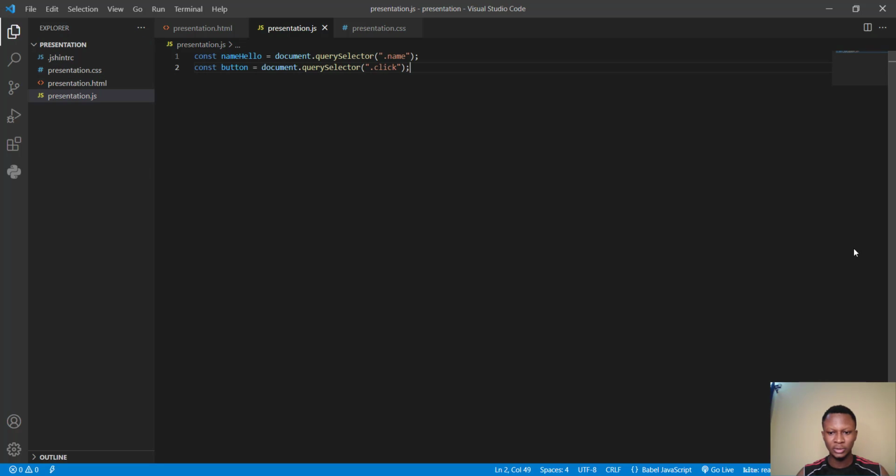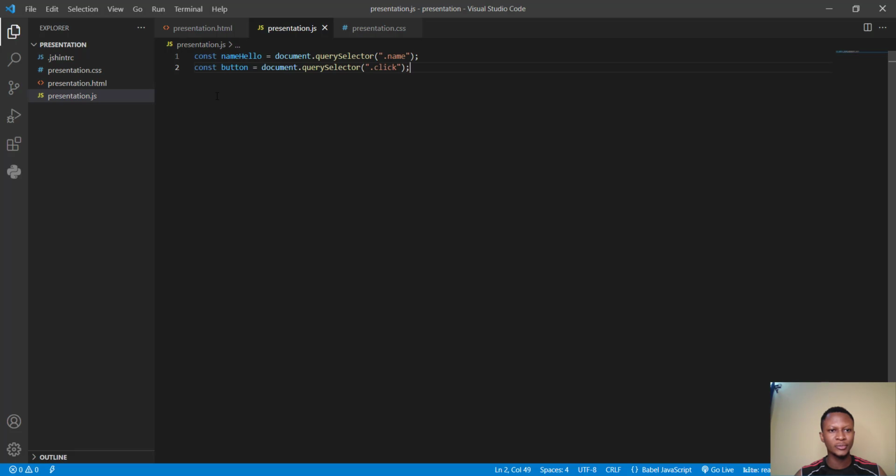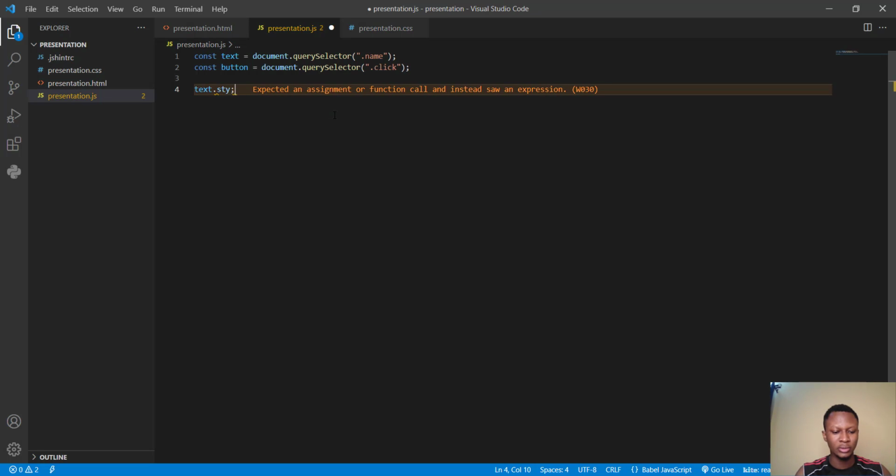Let's move on to the next item, which is using dot style. If you want to style an element, it's not necessary that you do it from the CSS. You can do it from JavaScript using your DOM. So to do that, let me change this to text. Okay, that's a better name. So we can have text dot style. Here we have an example: background color